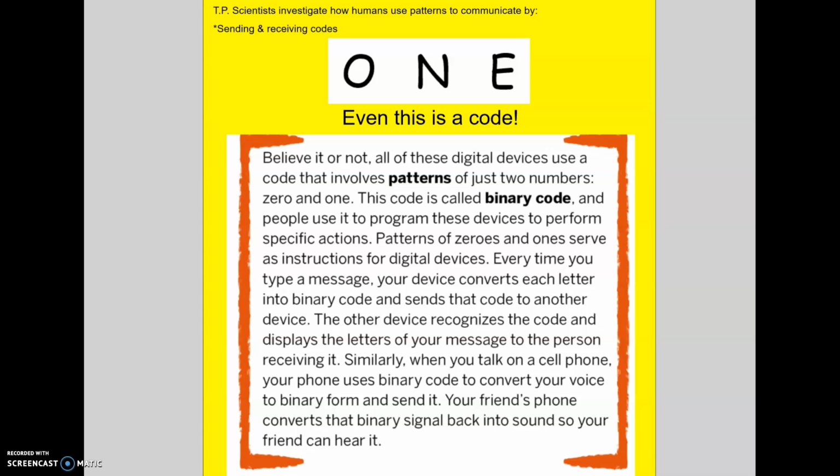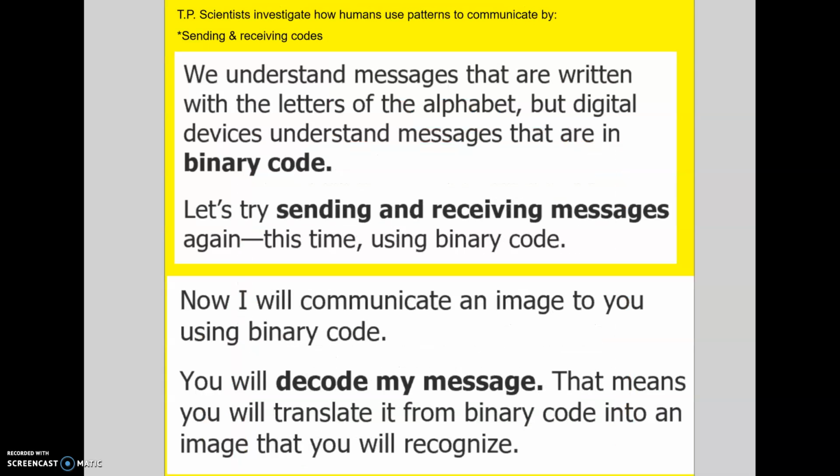Every time you type a message, your device converts each letter into binary code and sends that code to another device. The other device recognizes the code and displays the letters of your message to the person receiving it. Similarly, when you talk on a cell phone, your phone uses binary code to convert your voice to binary form and send it. Your friend's phone converts that binary signal back into sound so your friend can hear it. We understand messages that are written with the letters of the alphabet, but digital devices understand messages that are in